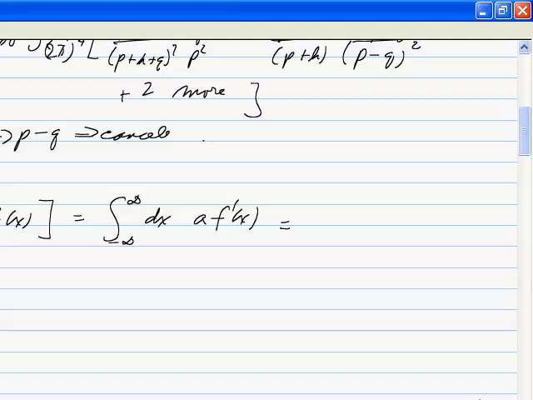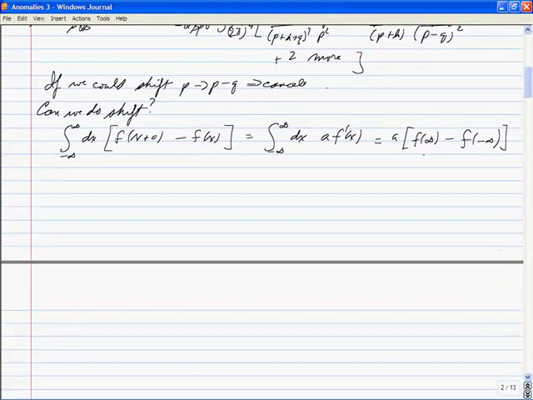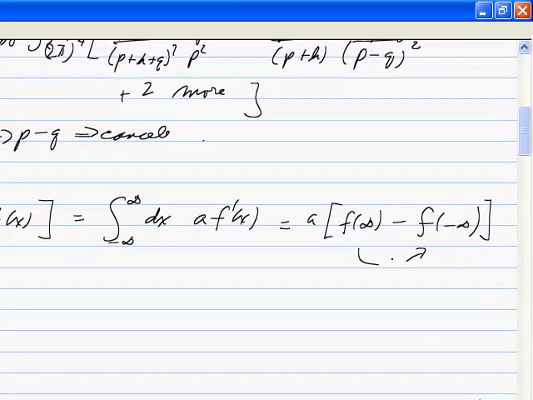That's then the total derivative, so this turns into a times f at infinity minus f at minus infinity. And so the shift is okay if those vanish. Okay, but it's not okay in general. Okay, and my favorite one,